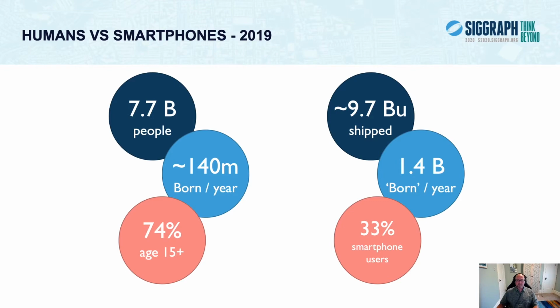This is a market that's limited only by world population and the ability of those people to purchase phones. Successful advances in graphics technologies that are applicable to mobile will be felt by hundreds of millions of people. Advances that are cost effective will be felt across the globe. Even at this scale, there is room for growth. I say only 1/3 of the population owns a phone, whereas by these numbers, 3/4 of the world could own one. And for any of you that have young teenagers, you might argue that the number should be lower than 15 to think about this demographic.